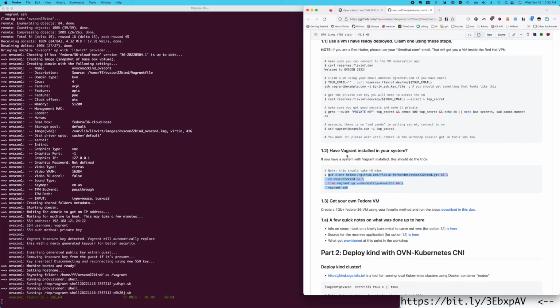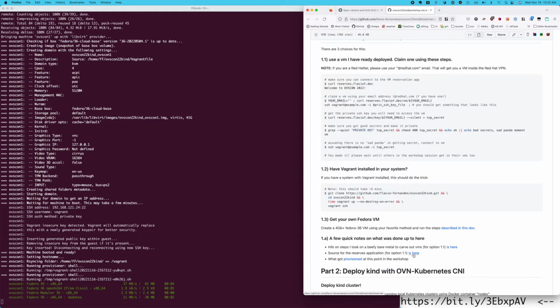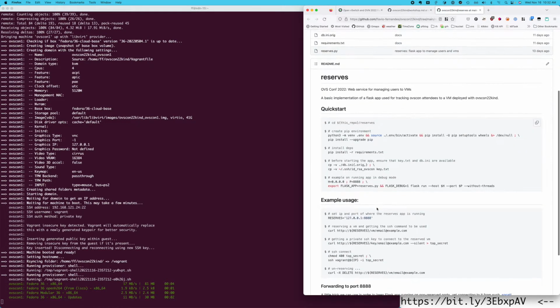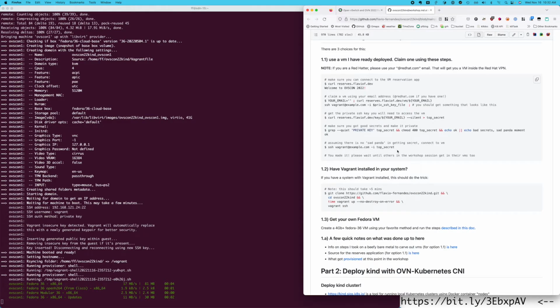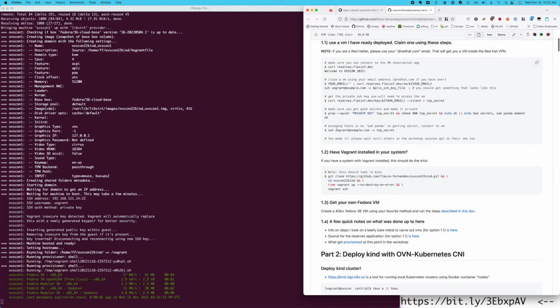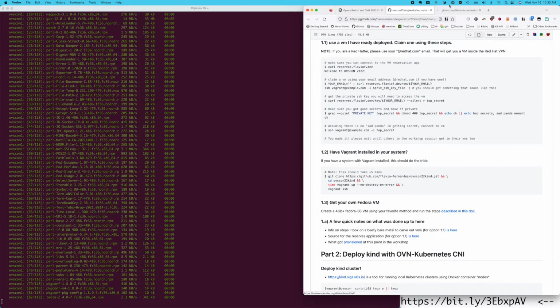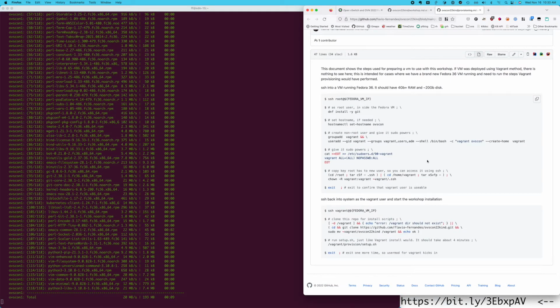So I'm deploying this as a VM here on this side, and then using this little application that I wrote called Reserves, which is also here on this page, on the same repository. Put in your email and then get a VM right away. However, now that we are outside the scope of the OVN Con workshop, you can just do it yourself. And let's say you don't have Vagrant, but you do have a Fedora VM. There's a link to another page that just gives you the few steps that create a Vagrant user and then